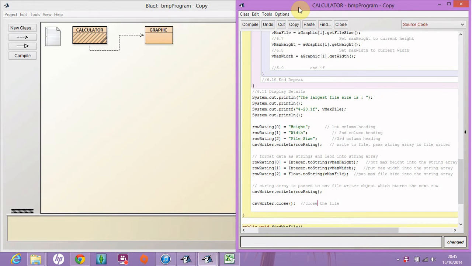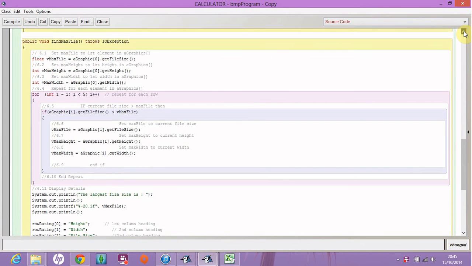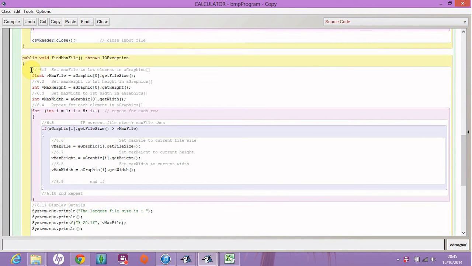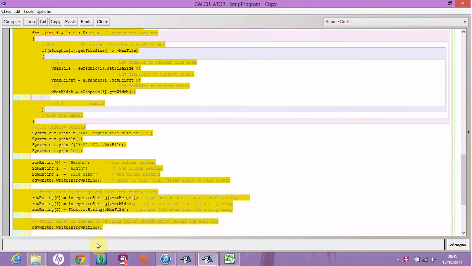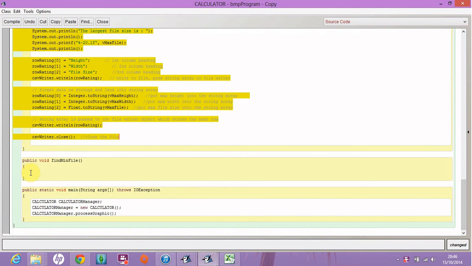Right, this time what we're going to do is find the min, and we're going to output the min. I don't need my old program, and that's why all you can see is BMP. So I'm going to open this one right up, and what I'm going to do is copy this code,